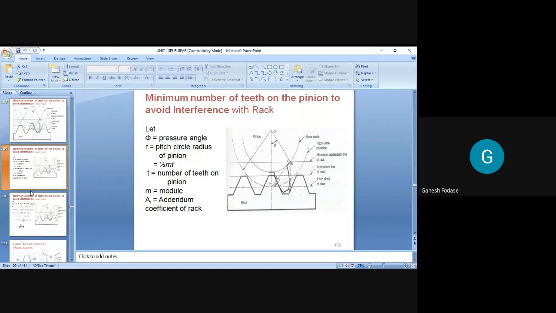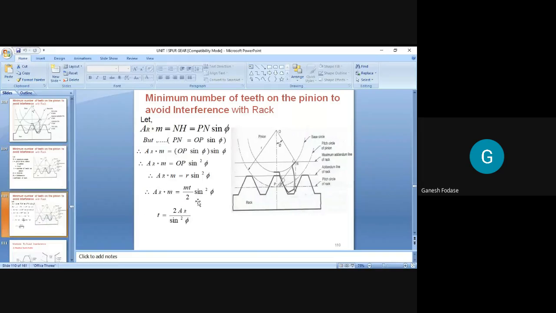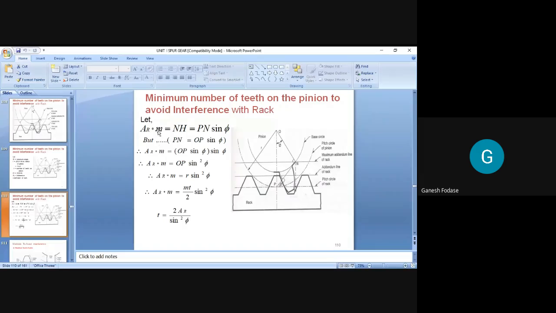Okay, so in the same way we can derive. First, I determine the NH value, that is the maximum addendum value. Then you equate this NH with the standard addendum, which is AR into M, but NH is in terms of PN. So just put the value of this NH in terms of R and T, that is pitch circle radius and teeth. By equating this, we obtain our final expression, that is